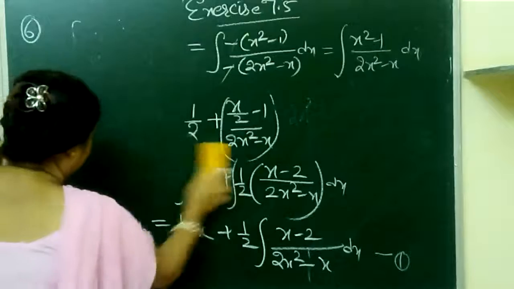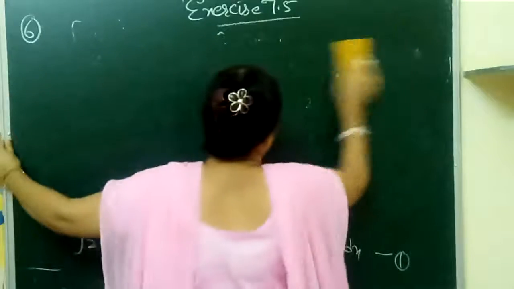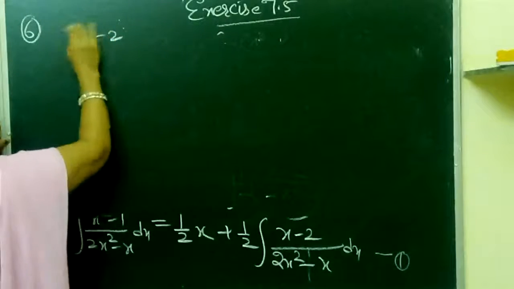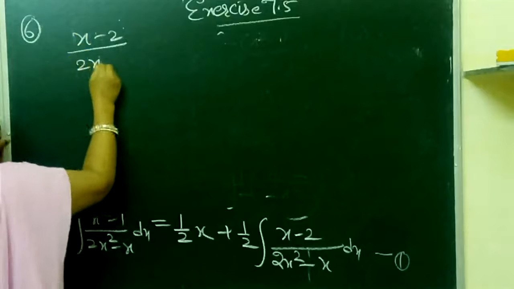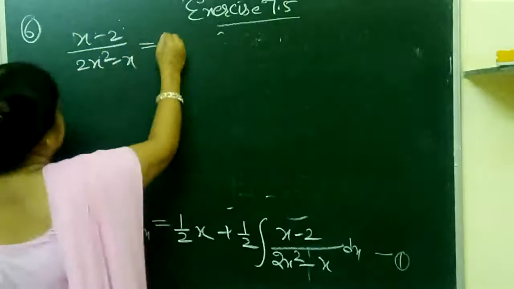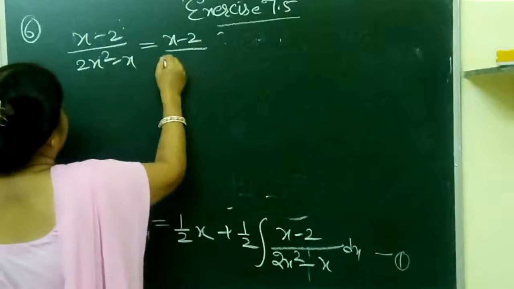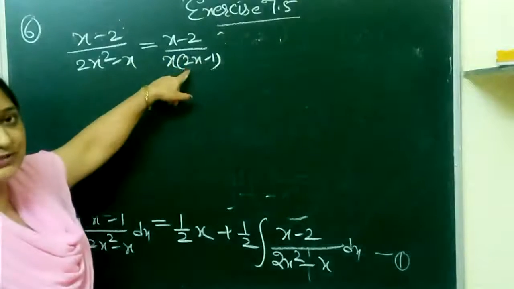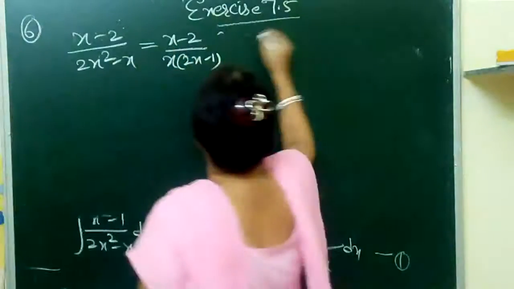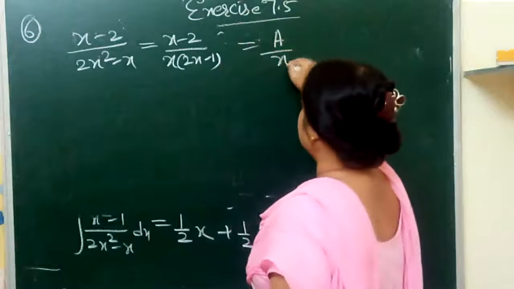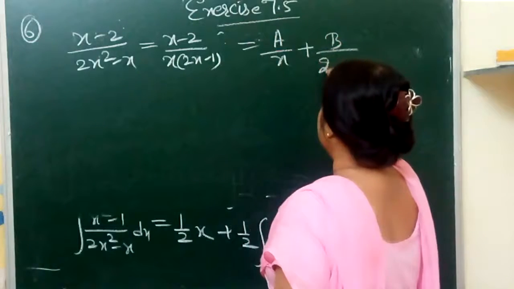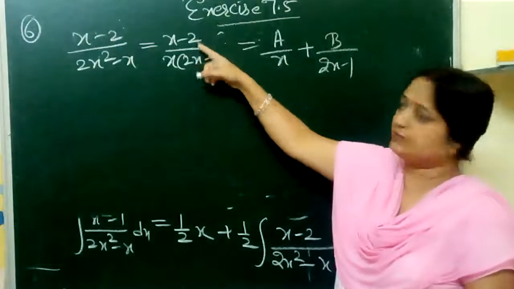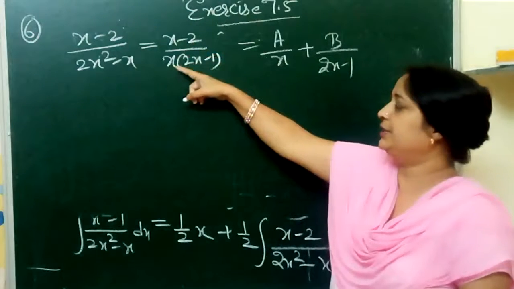Now after that we will use partial fractions. For partial fractions, this term is (x minus 2) upon (2x square minus x). We can write this term as (x minus 2) upon, taking x common, x(2x minus 1). You know that in partial fractions, the first formula is a upon x plus b upon 2x minus 1. Yesterday I told you about this type of